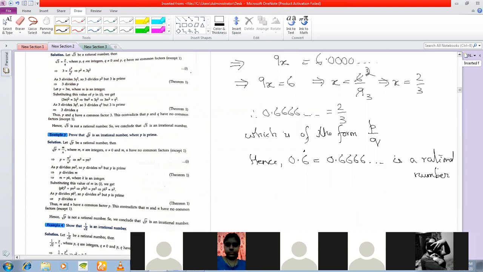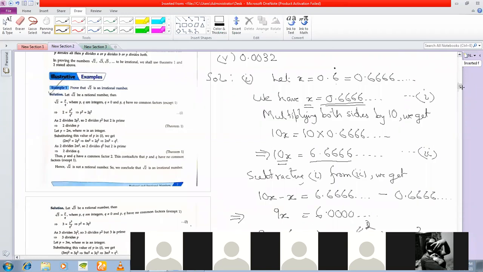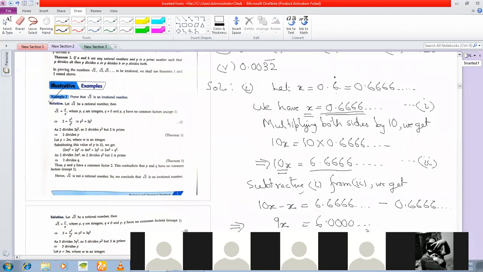Any questions on this part? No, sir. Remember that we must see how many digits are recurring. If you see 1 digit recurring here, you multiply by 10. Suppose you had a number like 0.76, which we'll see in the next parts, which I'll show you tomorrow. How many digits are recurring here? 2 digits. If I have x equal to this, then I need to multiply by 100, 100 into 0.76. Clear? So we'll continue this tomorrow.